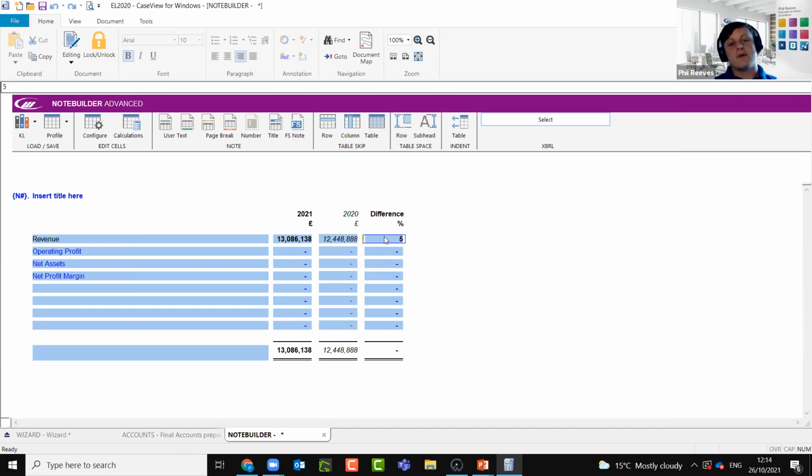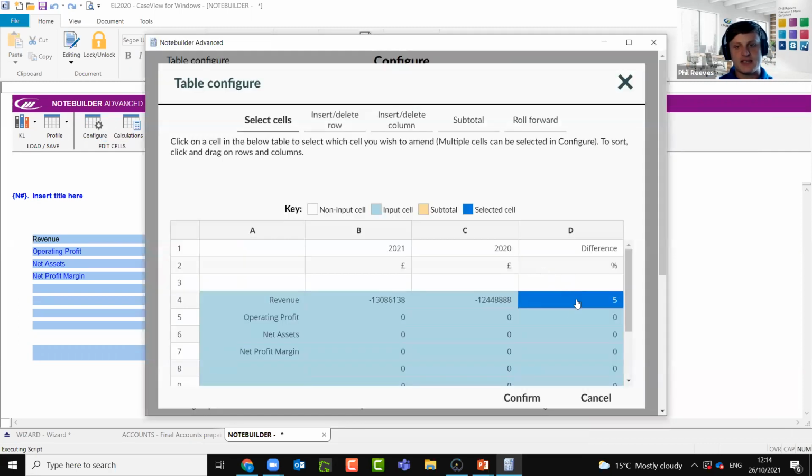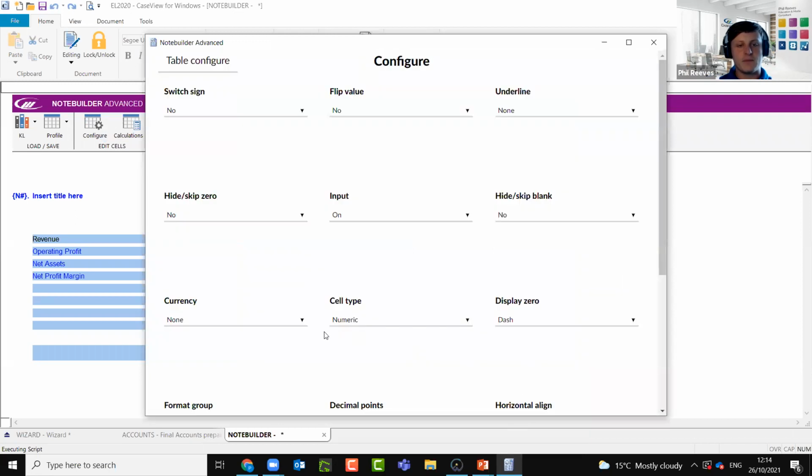Now, what we might want to do in this case is show that in a bit more detail, maybe include some decimal places in there. Just to say, because 5%, if the figure's rounded up, it could be as low as 4.5. If the figure's rounding down, it could be as high as 5.49. So we might want to include a little bit more detail in there. If I go to the configure button, and just select my percentage cell here,